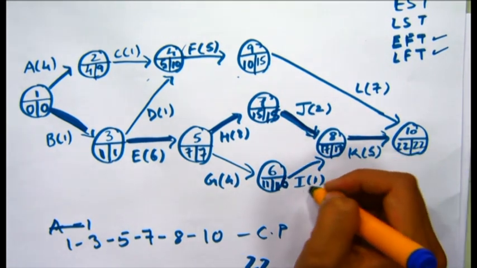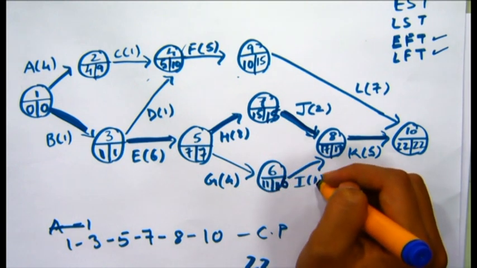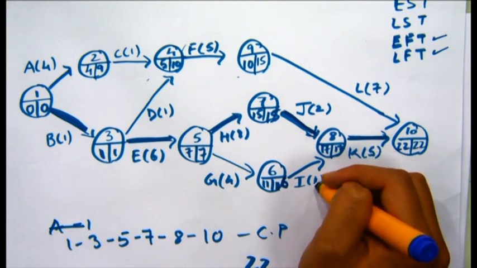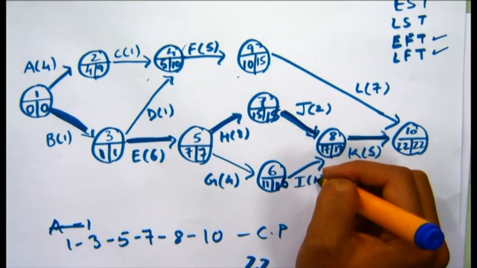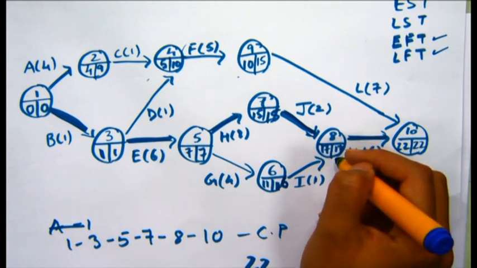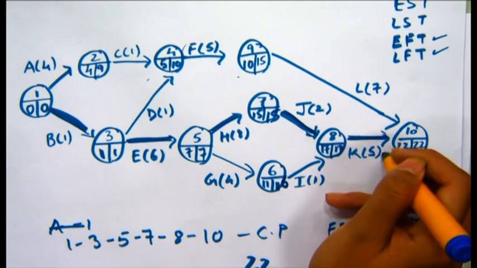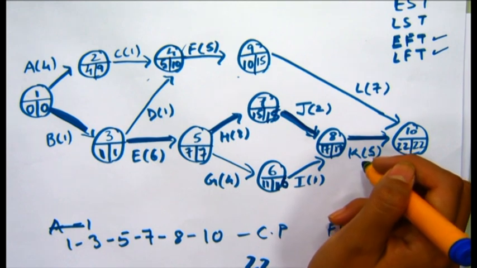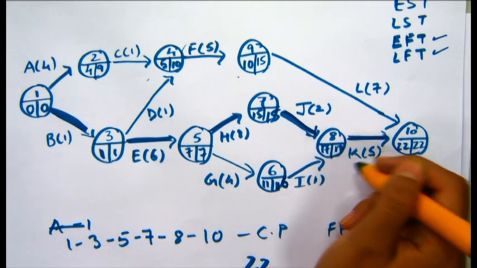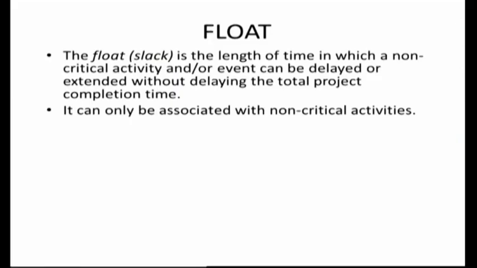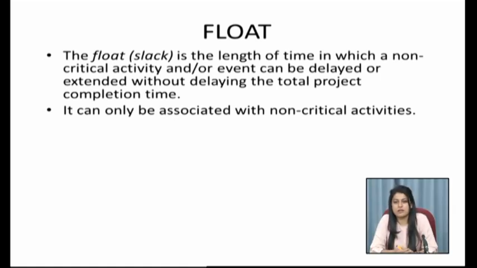time. We complete I in 12 days, but even if I takes more days for its completion, say 2, 3 or 4, we can have I be completed before 17 days. So in any case, we do not affect the project completion time. So this 5 is called the float or the slack of this particular event I. So this float can only be associated with non-critical activities and not with critical activities,